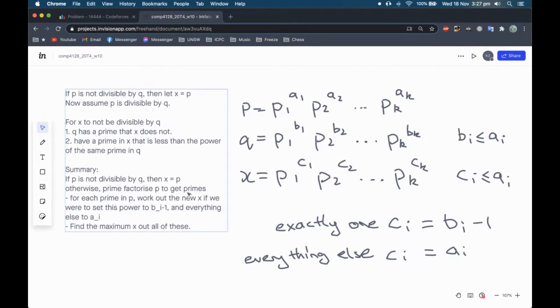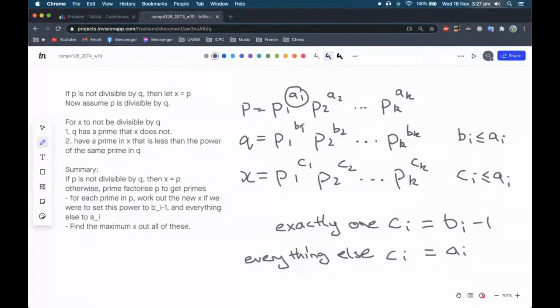And so Felix has caught on to an actually very important point here. Won't prime factorization be too slow? Good on you for spotting that, actually. Afaf says then we only need the smallest prime from Q. Well, it might not necessarily be the smallest prime. For example, let's just assume that these primes are in sorted order. You might not always want to set this to be equal to bi minus 1. Why? Because